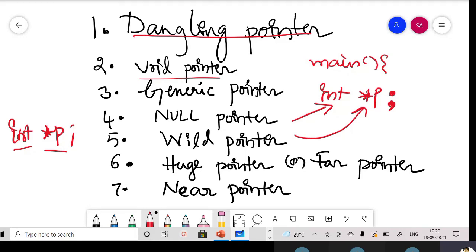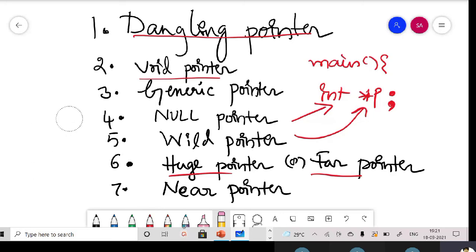Okay, what about this huge pointer or a far pointer? Take that example: far, and this is near. A far pointer is there, a near pointer is there. What exactly is that? You learned that in MPMC, right?